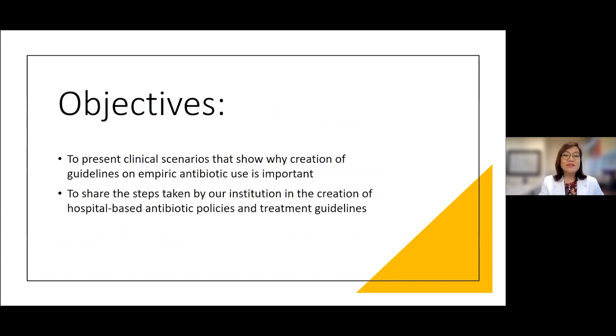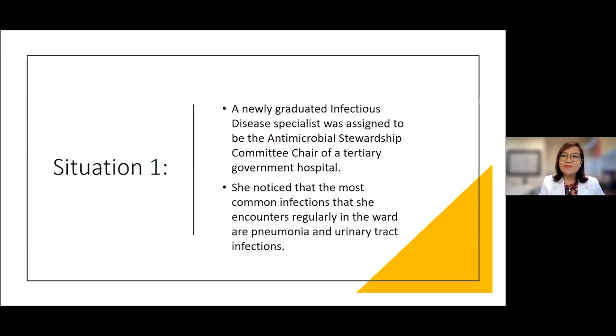And I'm also going to share with you the steps that we have taken in our institution as we create the hospital-based antibiotic policies and treatment guidelines. So let's take a look at some familiar situations that we may have experienced in the past or perhaps have recently experienced. So one situation is that there is a newly graduate infectious disease specialist who was assigned to be